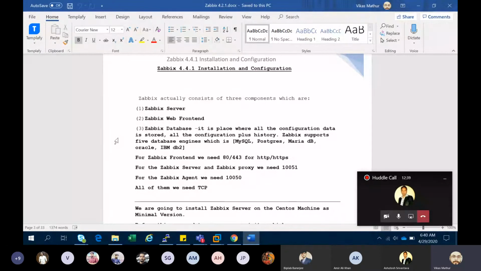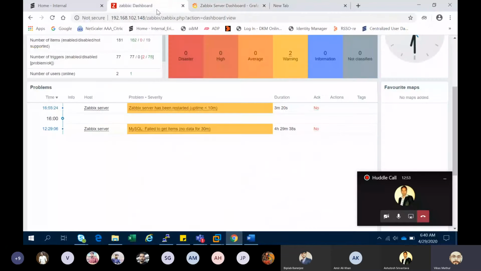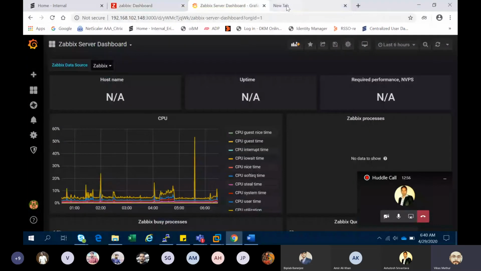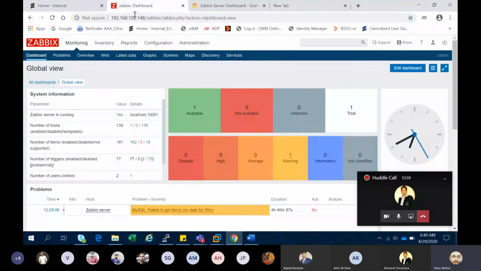When we install the Zabbix frontend, we need ports 80 and 443. What is meant by the Zabbix frontend? It basically tells about your Apache services. So here you see, I have installed my whole setup over here.